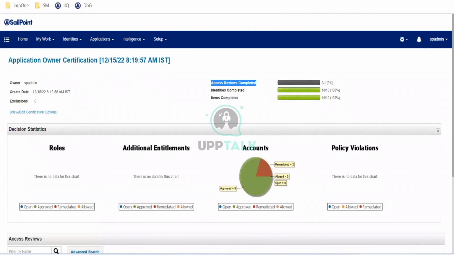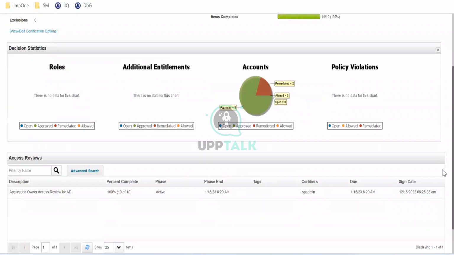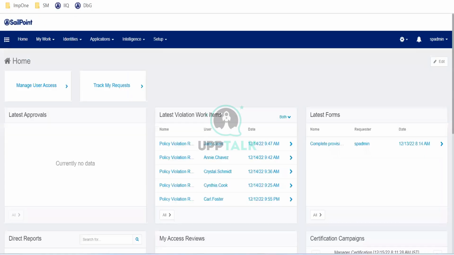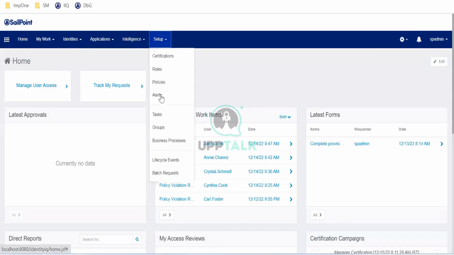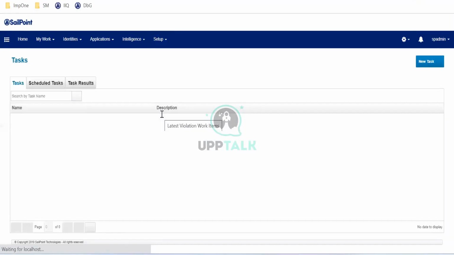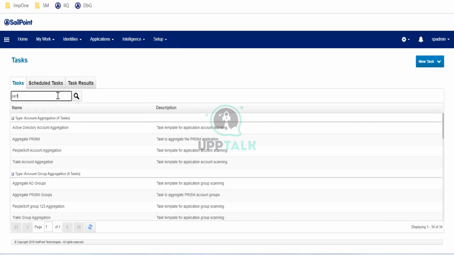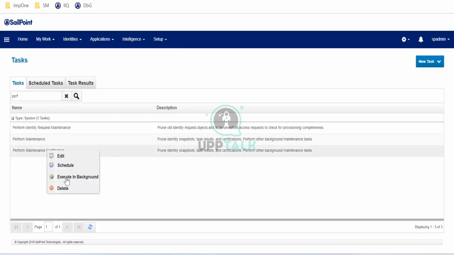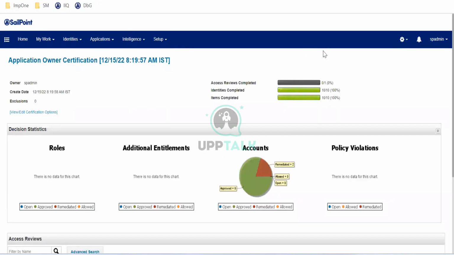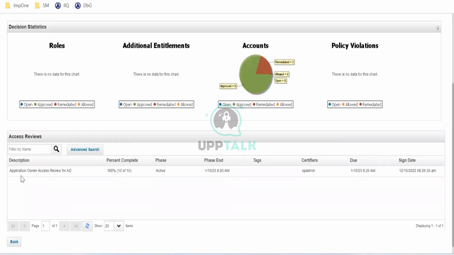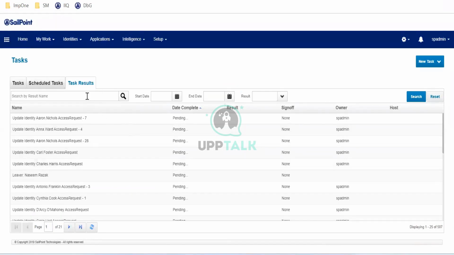Why is it removing? It should be disabled, right? It's account certification, so you have to write some custom code. This is the basic one, removing from Active Directory. We did it for the Active Directory application. I have selected the AD application only, so one access review for AD. I have executed this task.